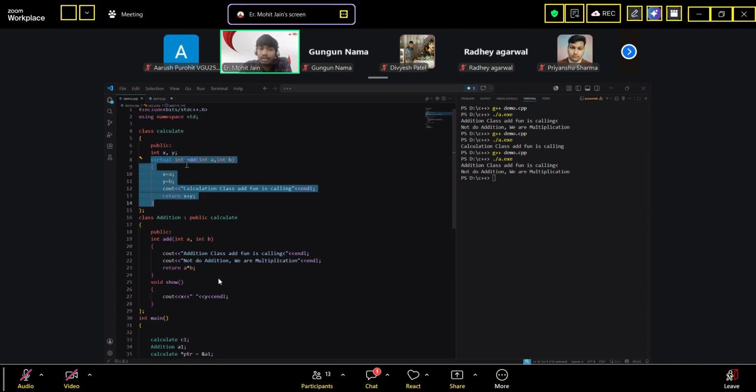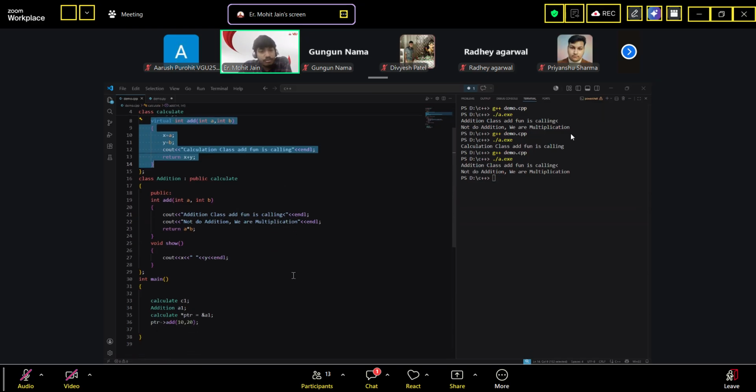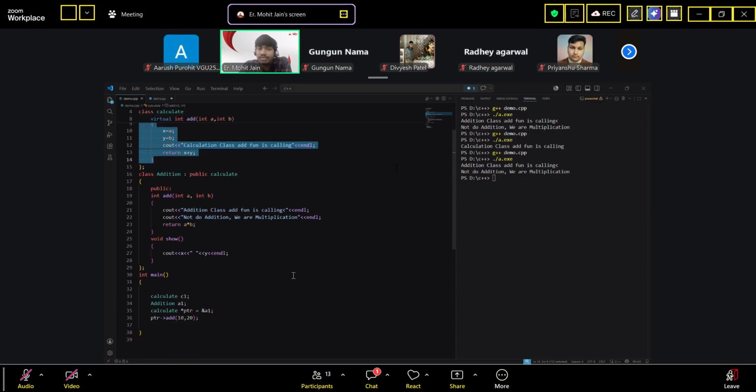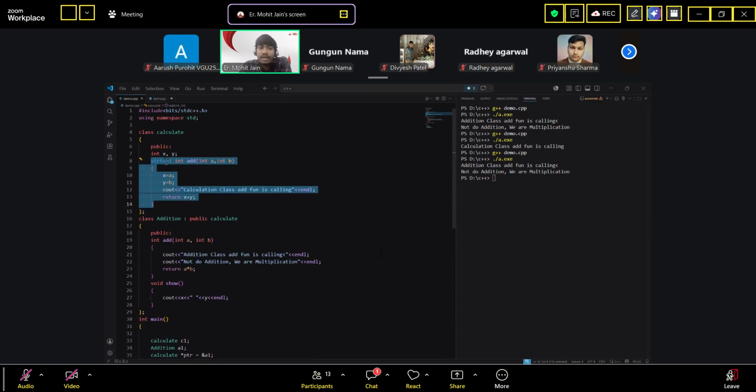Because both parent and child have it, the compiler does this, and this is compile time binding. Now we have to do runtime binding, so we are using the virtual keyword. The virtual keyword gives the instruction to the compiler to bind this